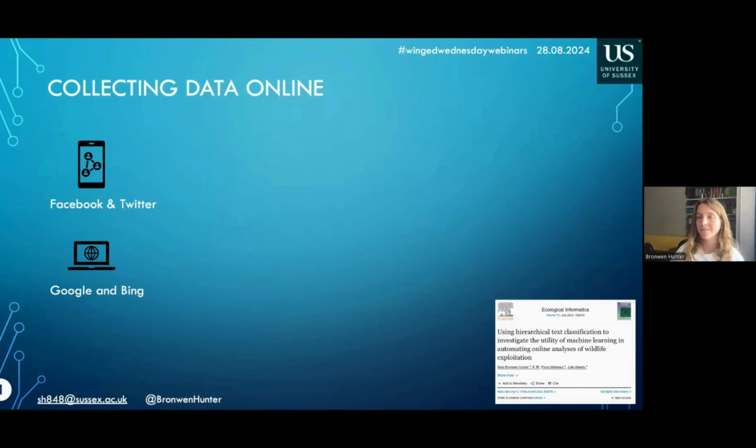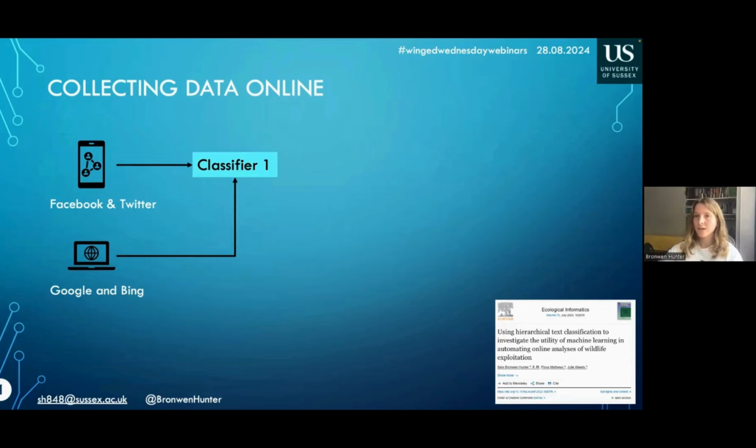And one thing that I didn't previously mention was that my PhD is quite focused on automated methods, so building data collection pipelines that can be scaled up to global scales. So that's why we use the programming interface rather than manually collecting the data from these sites.